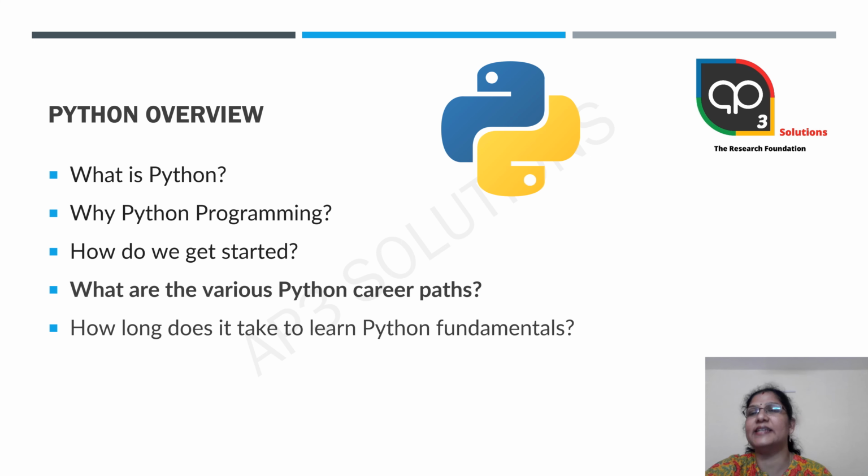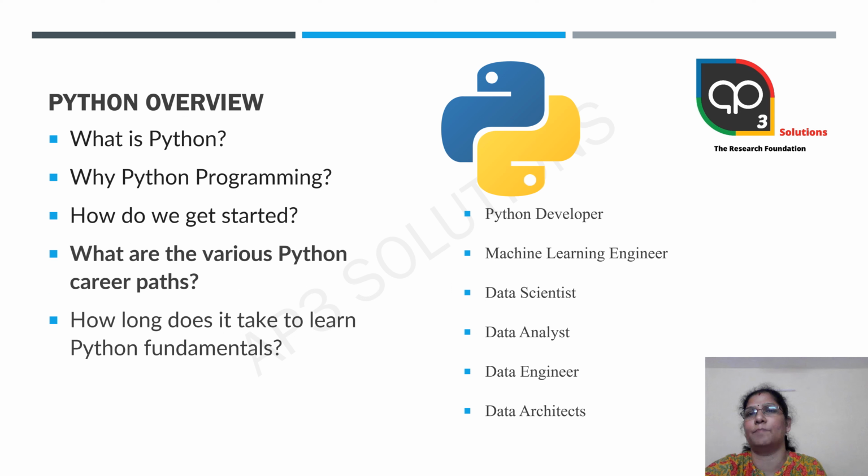What are the various Python career paths? See, Python proficiency is one of the most in-demand skills in the tech and data science fields. Here are a few of the most popular career options for development experts. So, Python developer. For anyone who knows Python, this is the most obvious option. Python programmers use it for a wide range of tasks including website development and data algorithm optimization, as well as